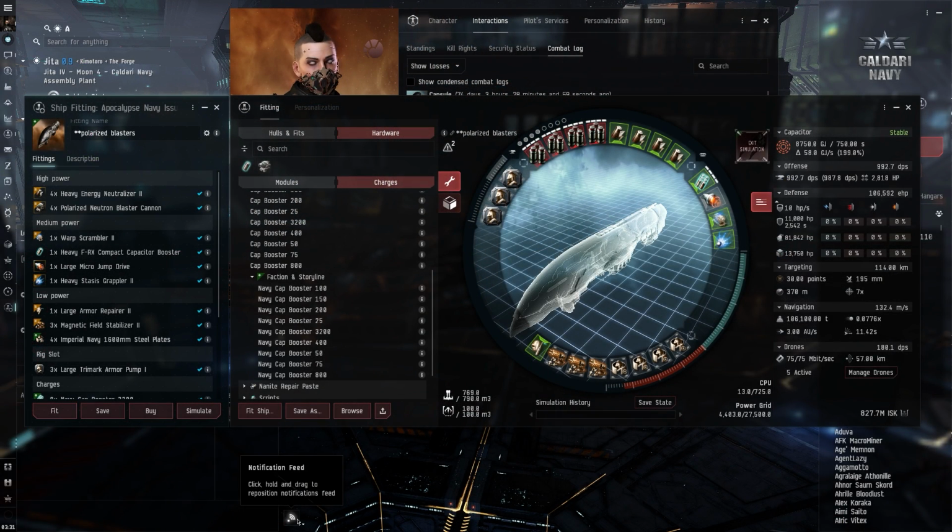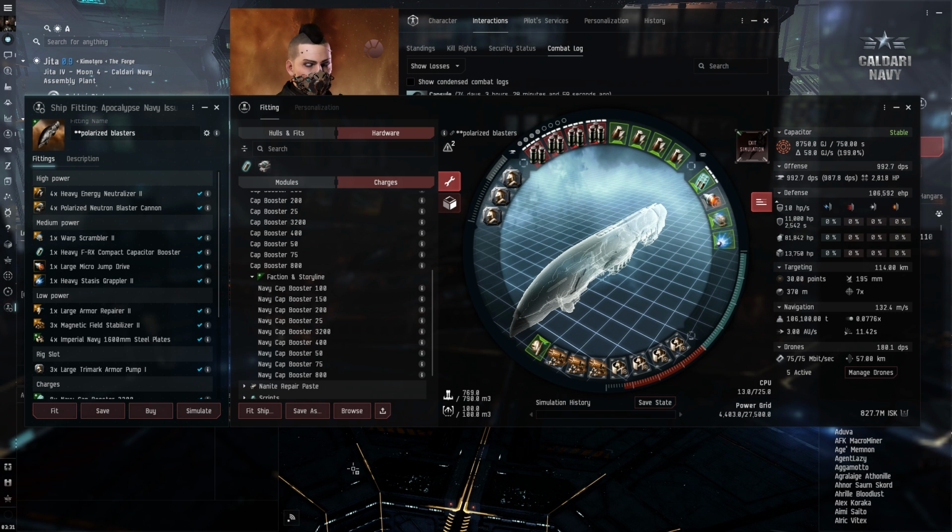And now on to the battleships. I actually use two different ships here, but I'm just going to cover one of them because they're essentially the same. I use a T1 Apocalypse, and then this is the Navy Apocalypse. The Navy Apocalypse is the one I'm going to go over, but fundamentally they are both